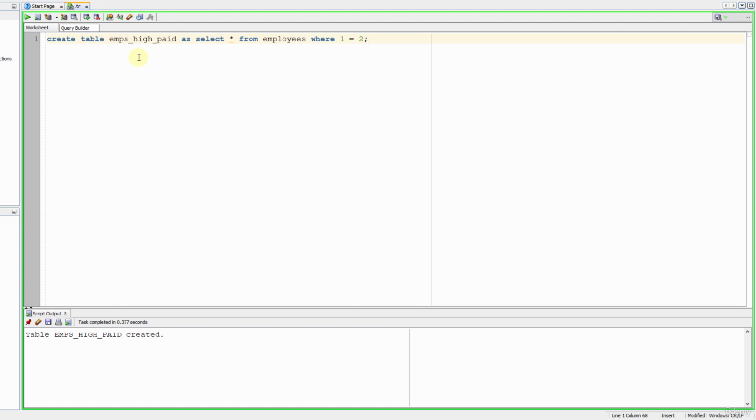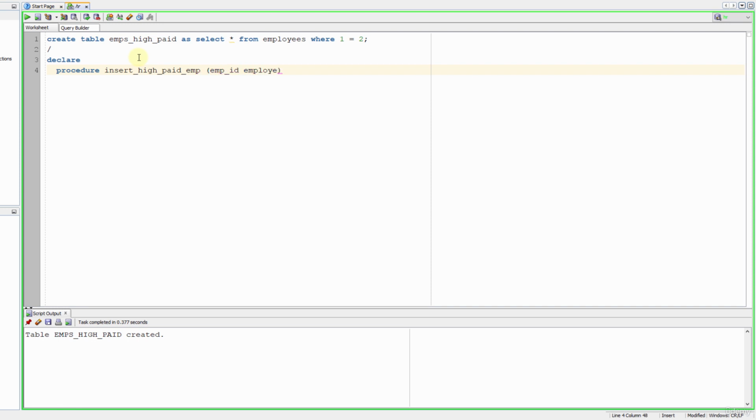Now we need to write a PL/SQL code to insert the high-paid employees into that table. Of course, this can be done in easier ways, but to exemplify local subprograms, we will create a local procedure and a local function inside of our anonymous block. So let's start then. We simply write declare. Now I will use a procedure to insert an employee into our table. Procedure insert_high_paid_emp, and the parameter is emp_id